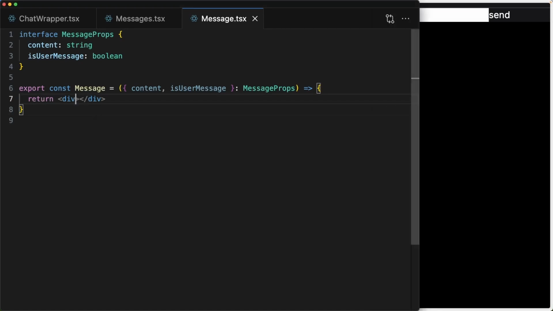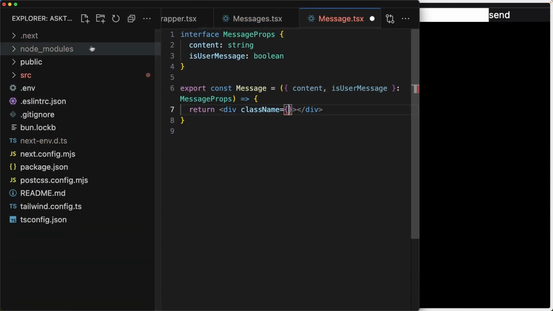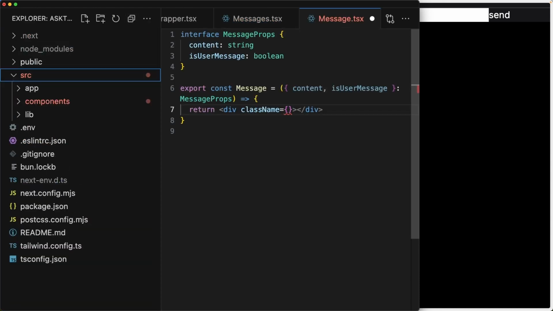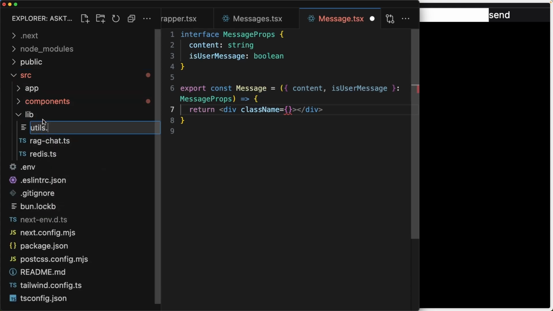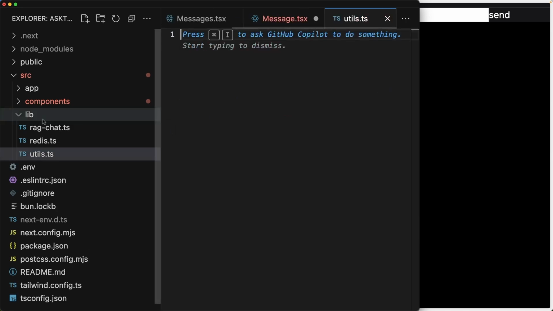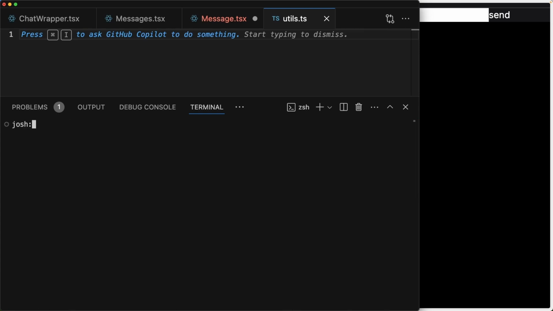And the first thing we're gonna do is a conditional class name on this top level div. And there's a lot of approaches to do conditional class names with Tailwind. The one we're gonna take, that I use in almost all of my apps, that's by far the most convenient, I think, is inside of a utils folder that we're gonna create in our lib folder, a utils file in our lib folder. And we're gonna make use of two packages in here. And that's gonna be bun install. First thing,